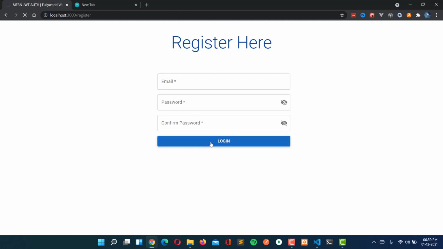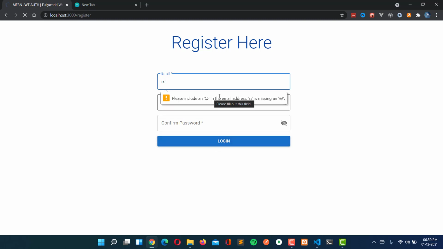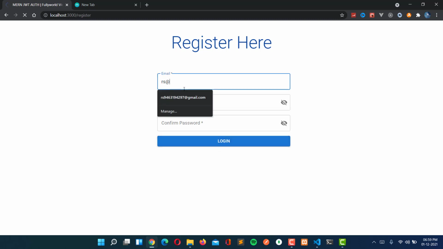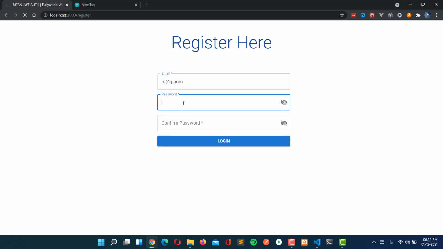Whenever I click on the button, see, it says please fill out this field, and if I don't fill it correctly, it will give me this error. Use rs@g.com. Other validations for the email we have already implemented in the backend.